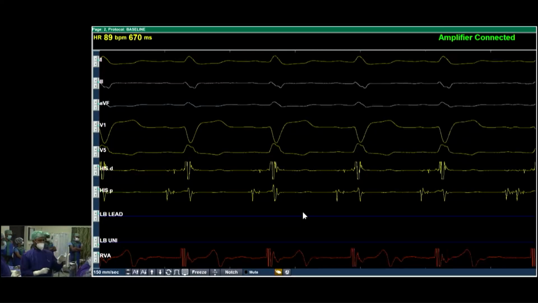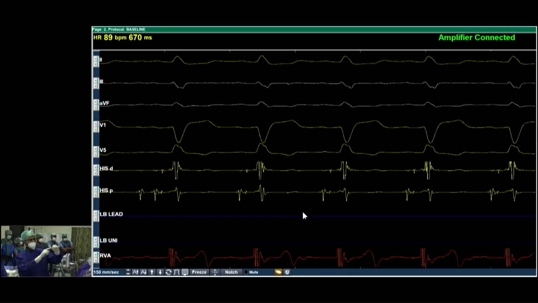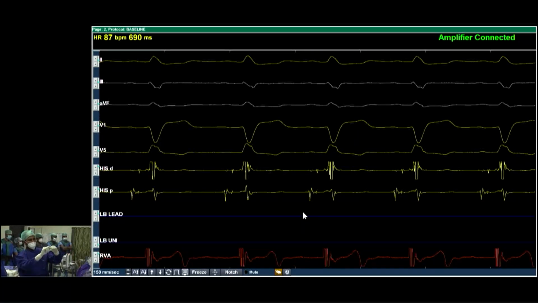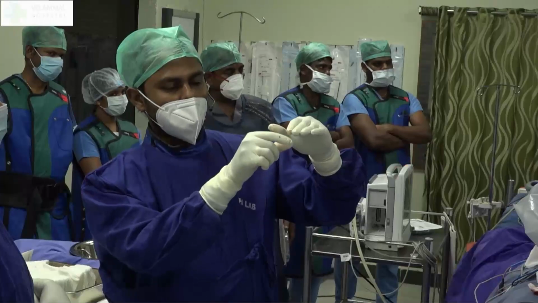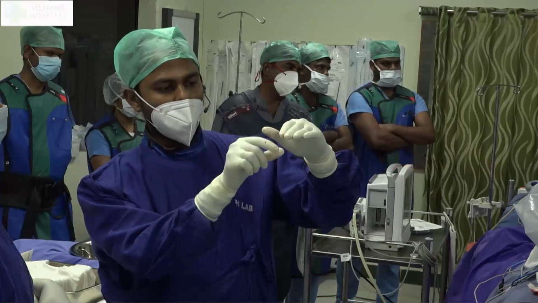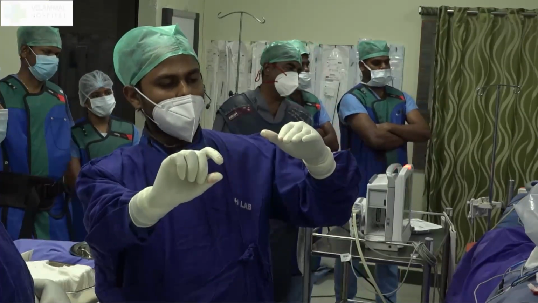I was talking about the fluoroscopic anatomy of the cardiac conduction system. This is your quadripolar His bundle catheter, meaning that the His bundle is like this, the left bundle will be coming like this, and the right bundle will be going like this. From the left bundle, your left posterior fascicle will come as a continuation. So the left bundle will actually continue as the left posterior fascicle, and the anterior fascicle will go a little anteriorly.